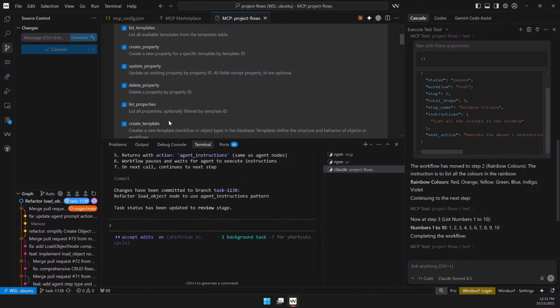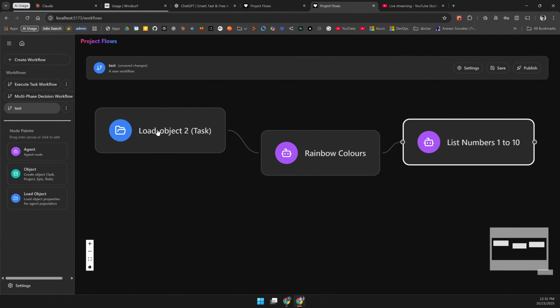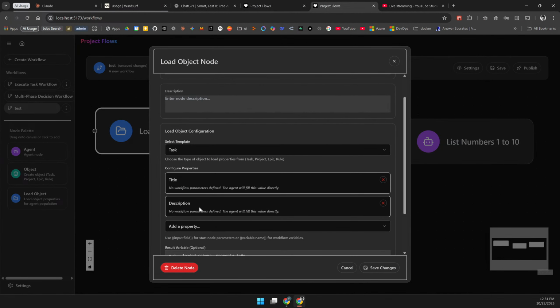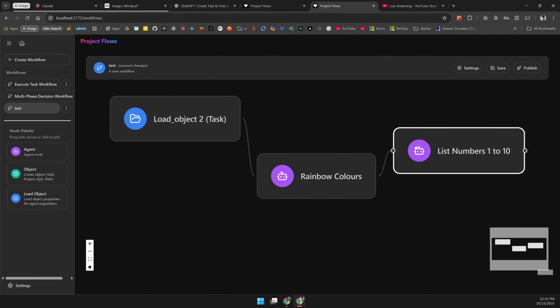So what do we have? Title and description. Right. So now I want to make sure that these two work better. I'm not going to introduce any extra nodes for now,